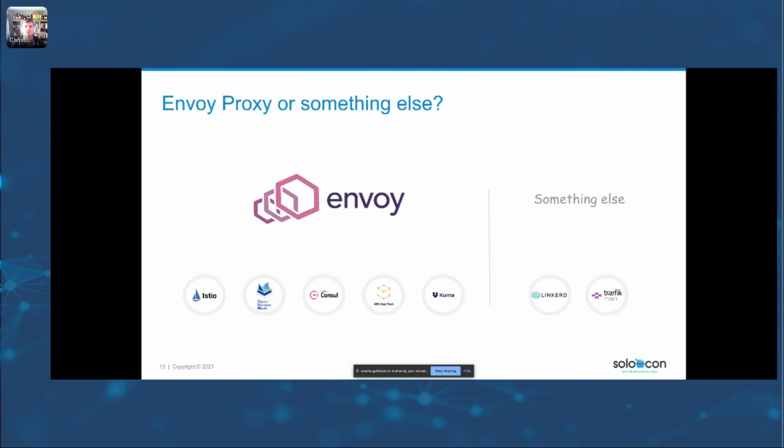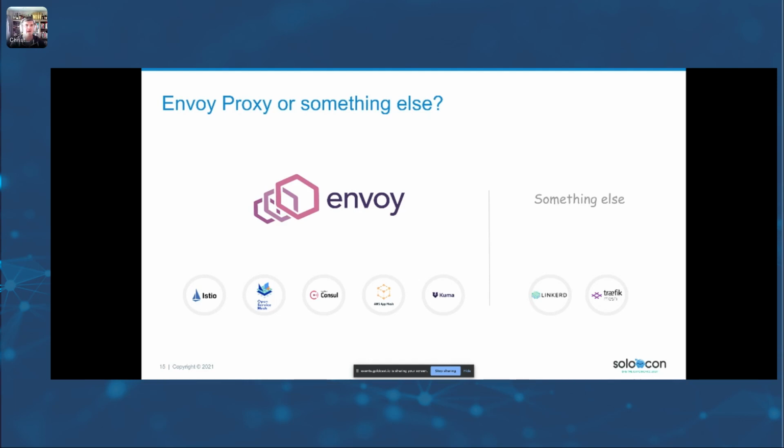Another point that you might want to consider is the technology that the service mesh uses itself. Is it using Envoy proxy or something else? Envoy proxy has become the de facto standard for building this type of L7 dynamic cloud native application infrastructure, from things like edge gateways to service mesh to shared gateways, and even beyond the edge. And Envoy is where a lot of the innovation is happening.